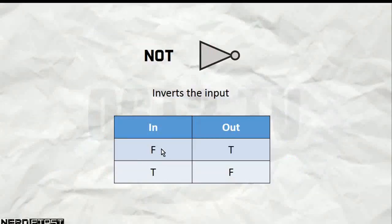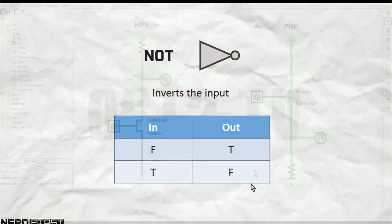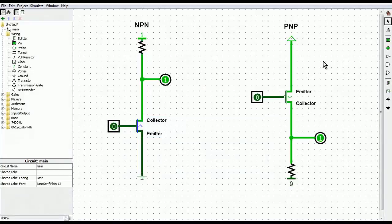It takes in one input and inverts it, right? False becomes true, true becomes false. Simple as that. We're actually going to start with the PNP version first because this one is more intuitive. Don't forget that everything that has to do with a PNP transistor is inverted. The emitter is connected to high, whereas the collector side is connected to the low. Also, what's coming in at the base is what is inverted, and in fact, that is what makes things so